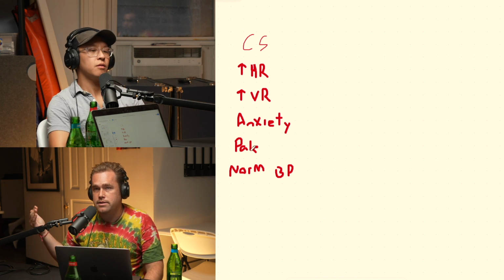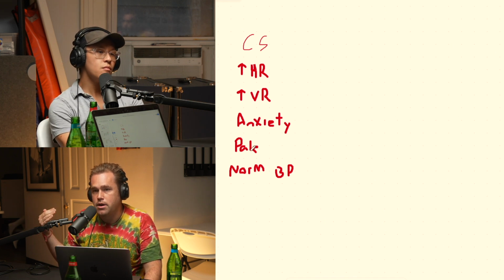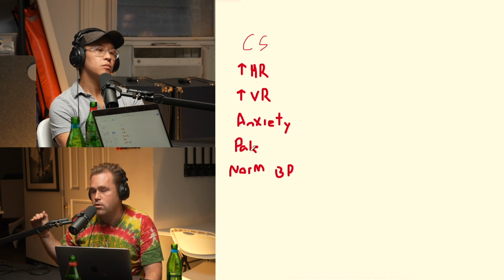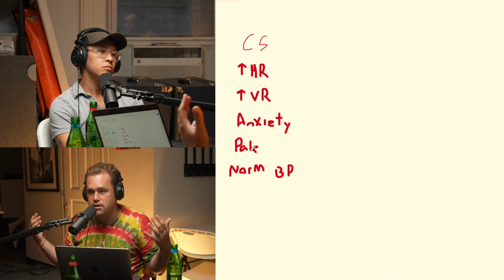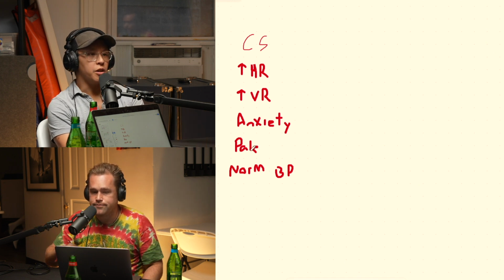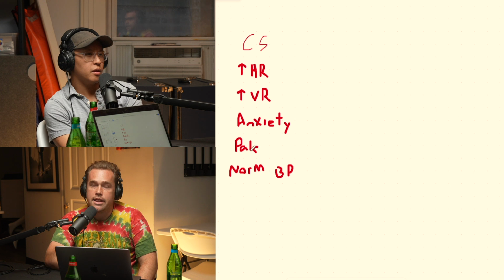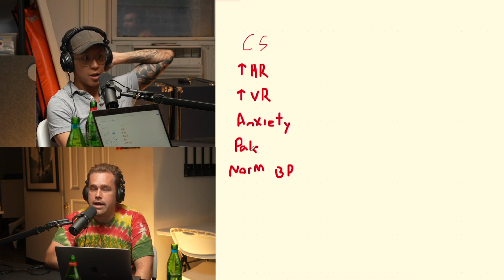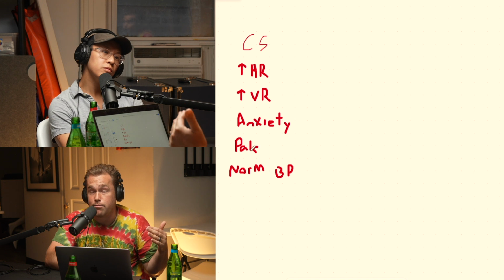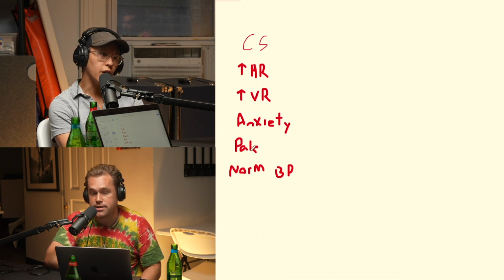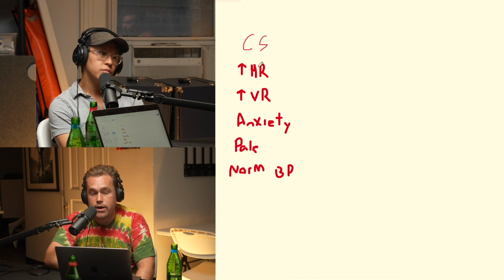The argument for why you don't see an increased heart rate as much with neurogenic shock is because your spinal cord is responsible for triggering the sympathetic nervous system, and your sympathetic nervous system is what increases the heart rate. So the higher the injury, the more systemic in a way, like if it's above the brainstem. If you have a complete transectional spinal cord injury, that's going to affect your sympathetic nervous system, so that could affect heart rate.